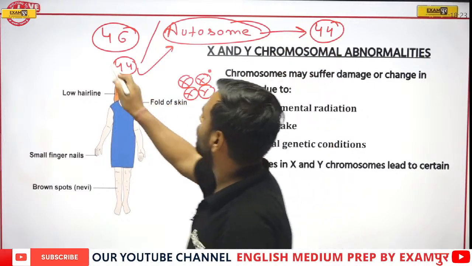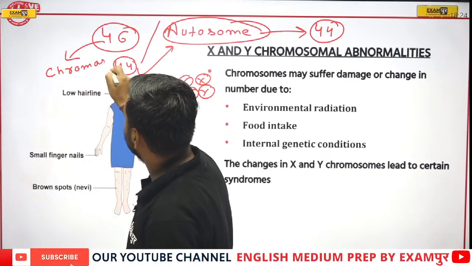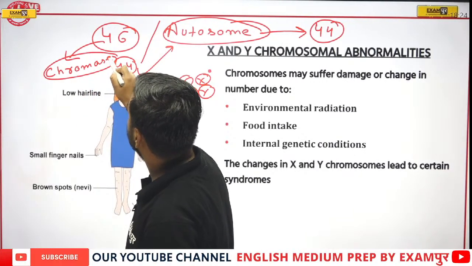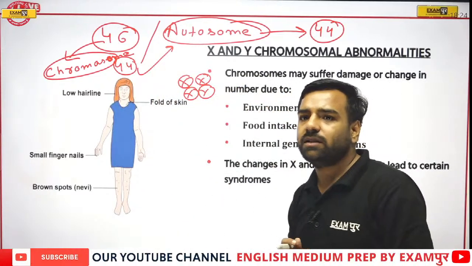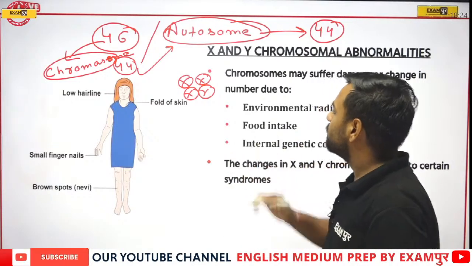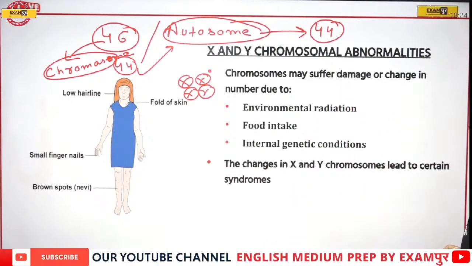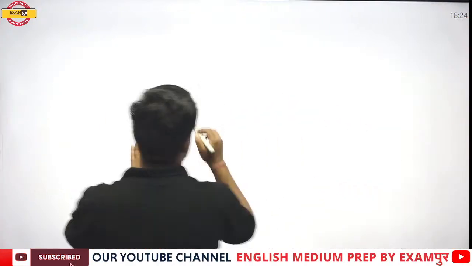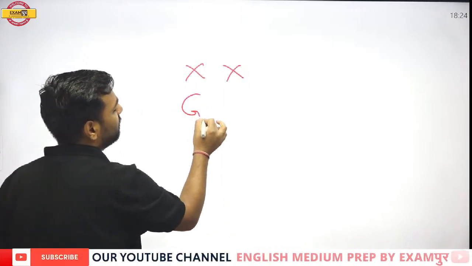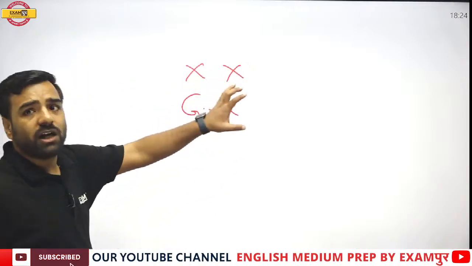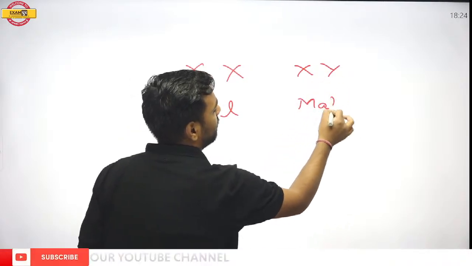When the two are joined, they make 46, and this is known as the chromosome number. So yes, till now we have understood one thing. Whenever Deepak has given the answer, great, Deepak. Good. So what I was saying, when we are talking about these numbers, this makes us clear. If there is XX, this means we are talking about a baby girl. When we are talking about XY, we are talking about a male.